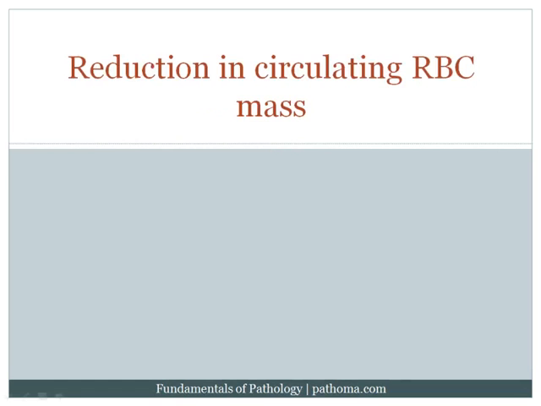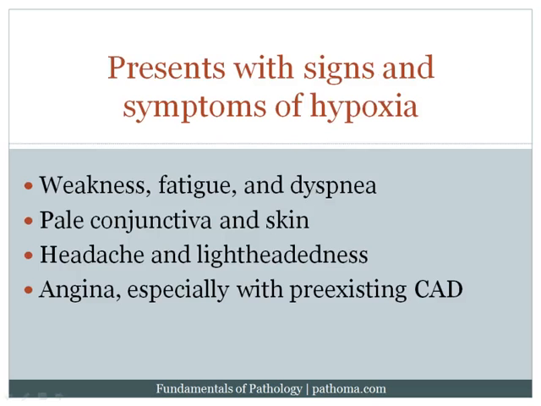Anemia is defined as a reduction in circulating red blood cell mass. This is the technical definition of anemia. We're well aware of the fact that red blood cells carry the vast majority of oxygen within the blood. In particular, the hemoglobin within the red blood cell carries the vast majority of oxygen within the blood. Therefore, if patients have a reduction in red blood cell mass, they're going to present with signs and symptoms of hypoxia. Some of those signs would include weakness, fatigue, and dyspnea, dyspnea being shortness of breath, pale conjunctiva and